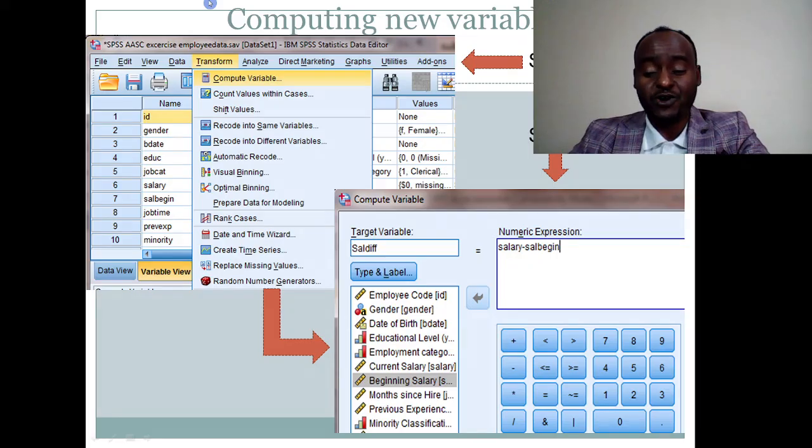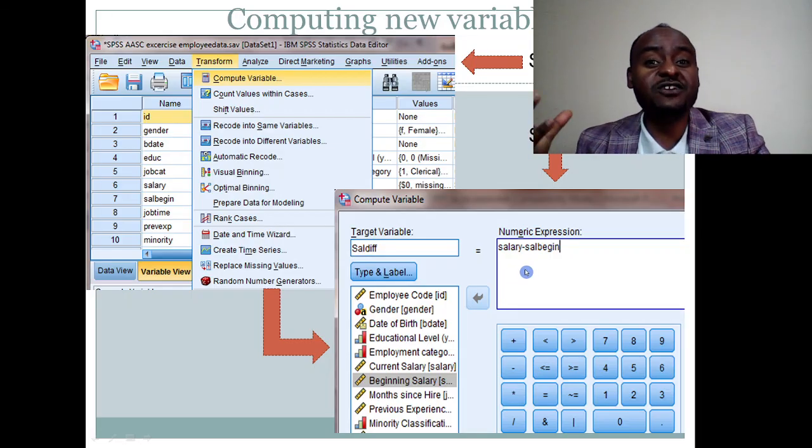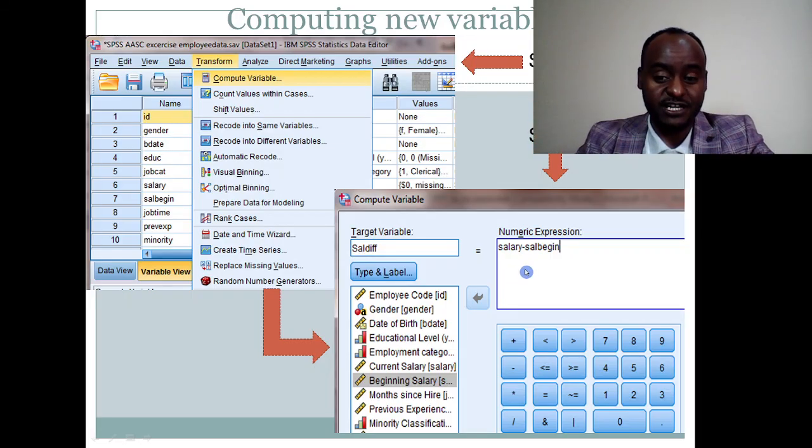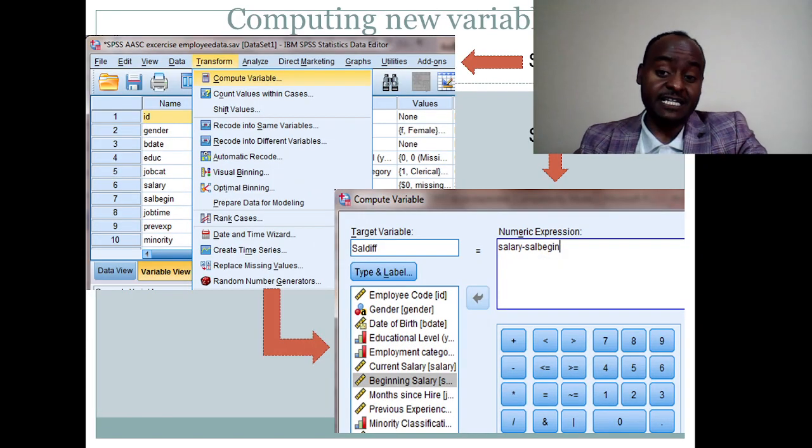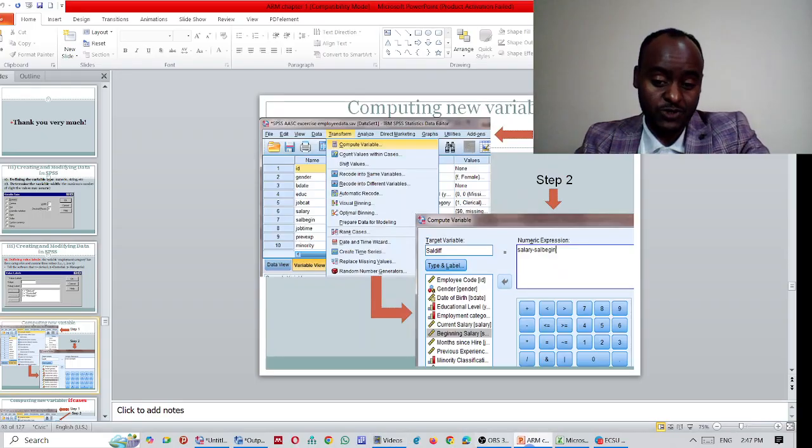So actually this PowerPoint is very informative, very easy. Here is the step. You go to transform, click on transform, then click on compute variable. Then I want to compute a new variable named salary difference. It is the difference between current salary minus beginning salary. So I am going to create a new variable, right? Once I do that, I need to click OK, and then I will show you that I'm going to get